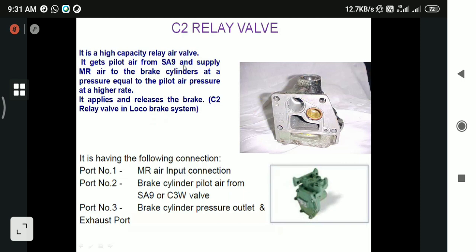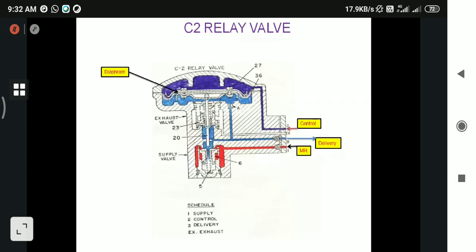See here, it consists of 4 ports. Port number 1, we are having this MR input, and port number 2 is the control port or pilot air port. The pilot air line which is coming from the SA9 valve through the transfer valve, that is the MEPB valve, will reach this control port, and this is the diaphragm. It will go to the top of the diaphragm, and also to the bottom of the diaphragm.